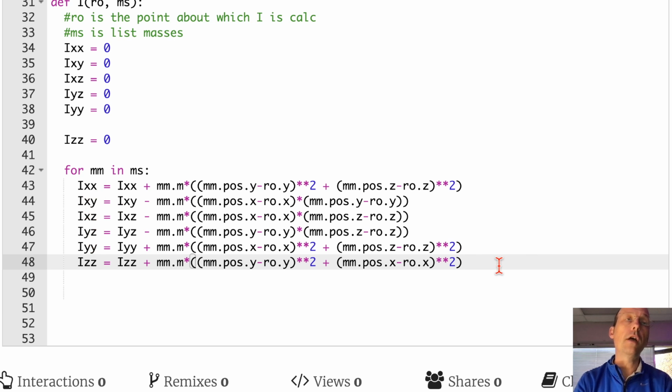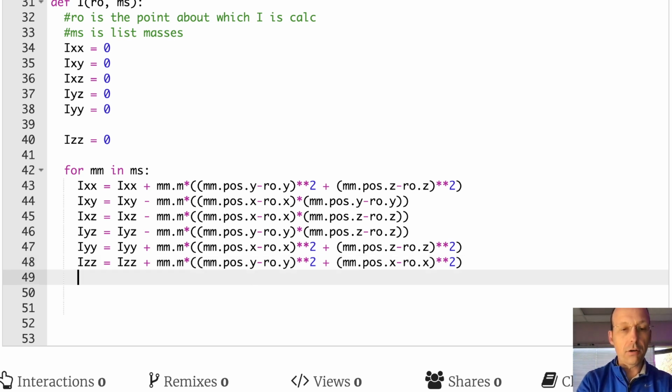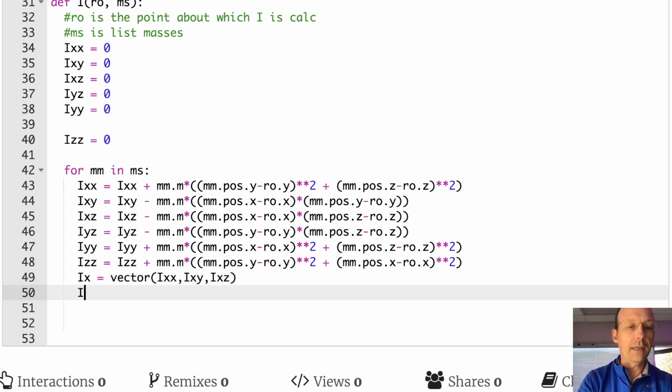Now I'm going to return, I'm going to build my, no, I'm just going to return it. No, I am going to do this. Let's call ix as the vector, let's see, ix is the vector ixx, ixy, ixz, just like we have in the thing. Iy is the vector yx,